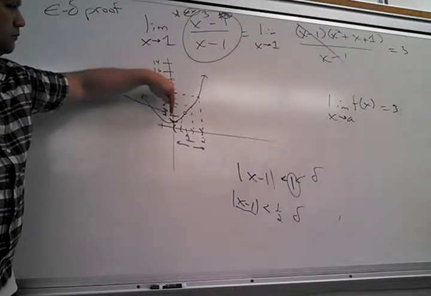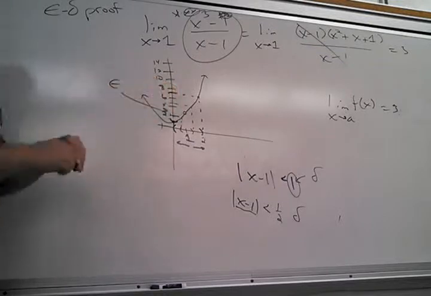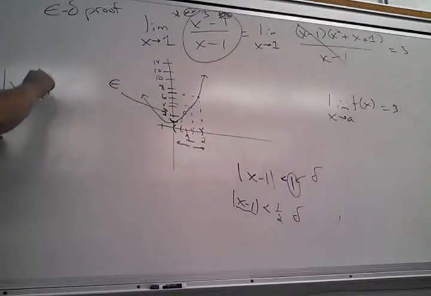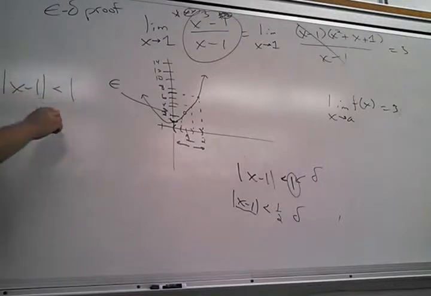This output is 1, right? So let's look at that together. For this situation here, one value of y was 1, and the other value of y is 7. And of course, the real limit is 3. So see how in one direction I'm off by 4, in the other direction I'm off by 2.